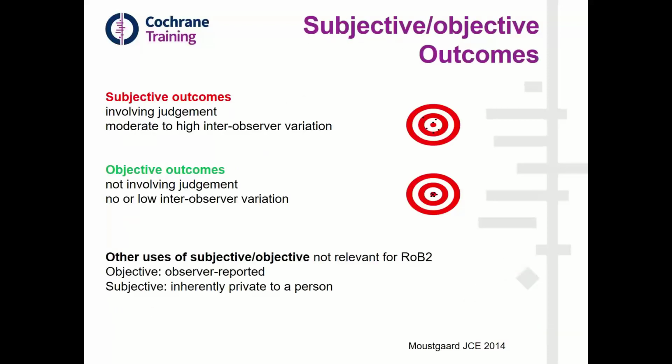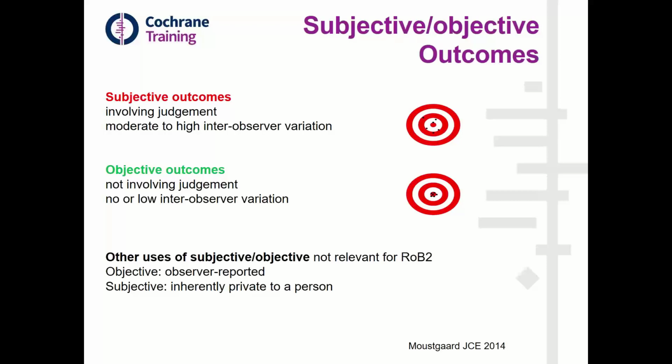So it's probably important to reflect on what we mean by subjective and objective outcomes, and in general, because the two signaling questions coming up now have to do with interaction between the type of outcome and whether or not outcome assessors have